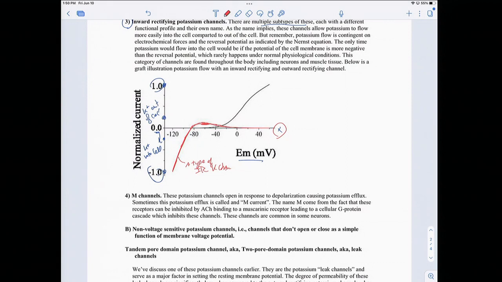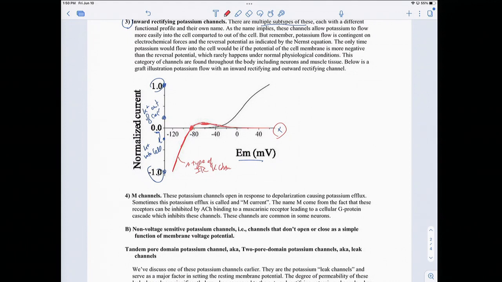So in this case, in other words, what I'm saying is, where is current 0? Well, it is 0 right here. So maybe that's minus, I don't know, minus 83 millivolts. But that is the reversal potential. What that means, looking at this graph, is that obviously the channel is open at the Nernst value at minus 83, and